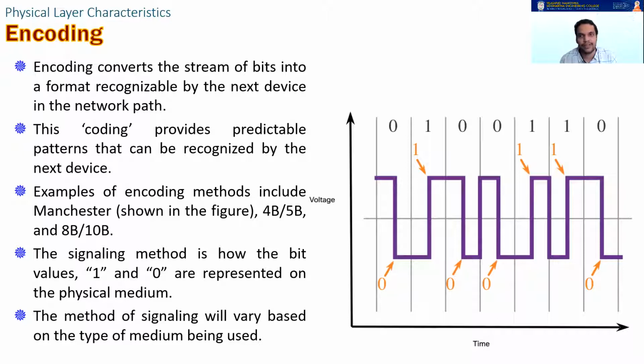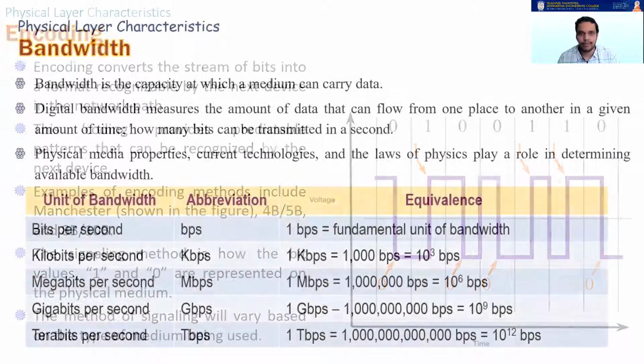If you go for a wired medium, and if the wired medium is a copper cable, then you have to send an electric signal. And if it is an optical fiber, then you send light pulses. Now, if you want to use a wireless medium, then you send an electromagnetic wave, EM waves.